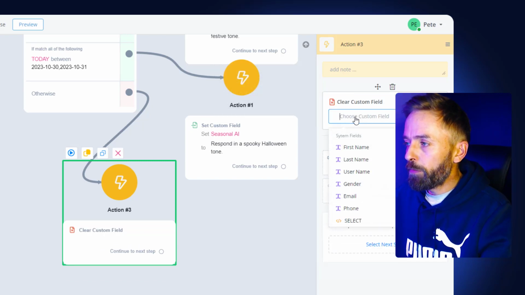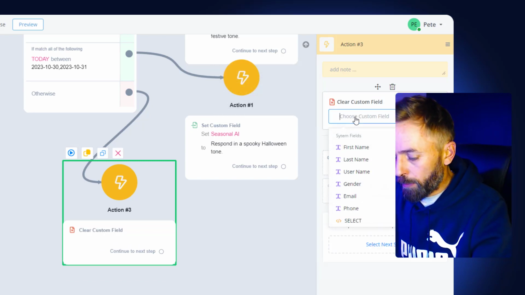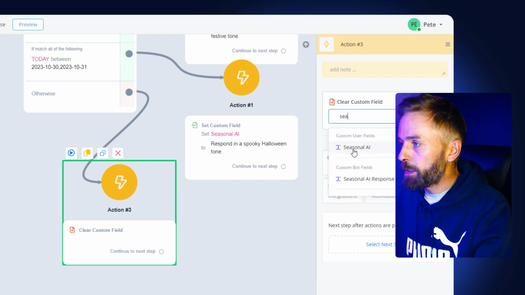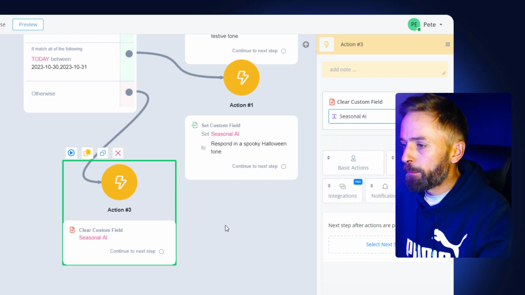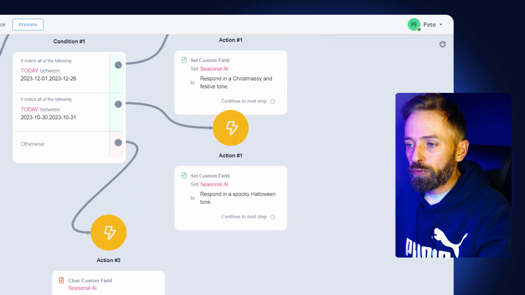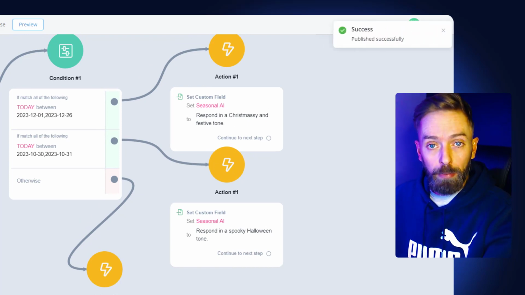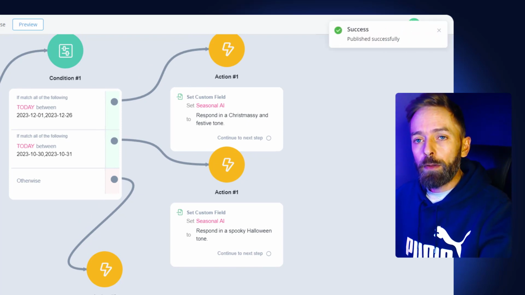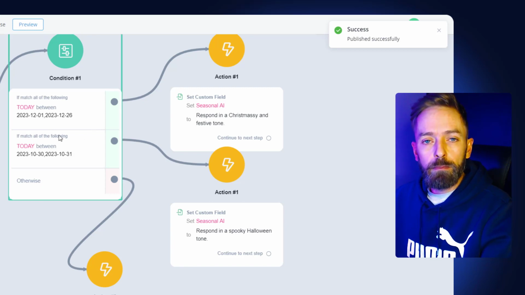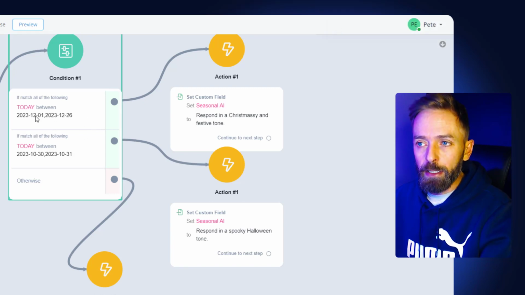Okay, and let's come through. Okay, and let's put on there, which was the seasonal. Okay, seasonal AI. Okay, done. Okay, and that's pretty much ready to go. So we can go in and publish this. Okay, so what I'm going to do is just manipulate these dates here